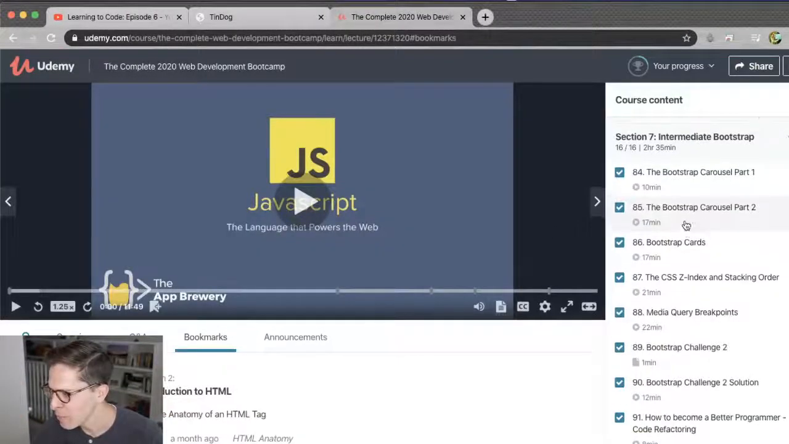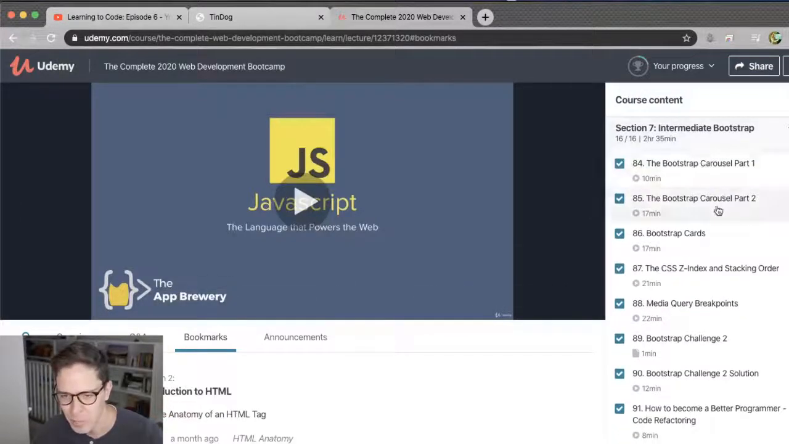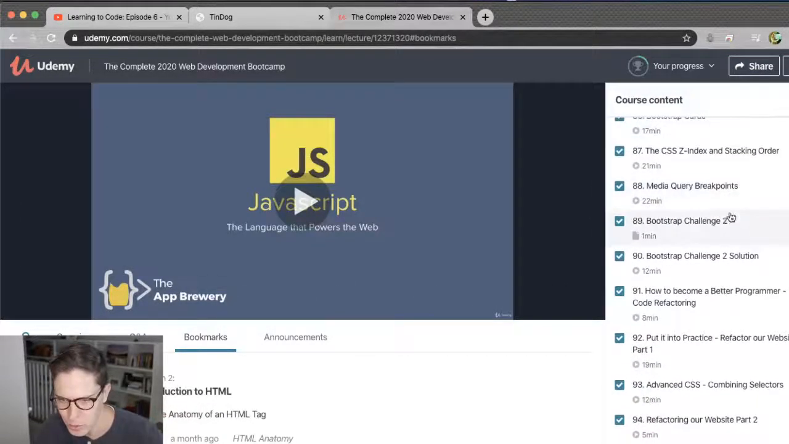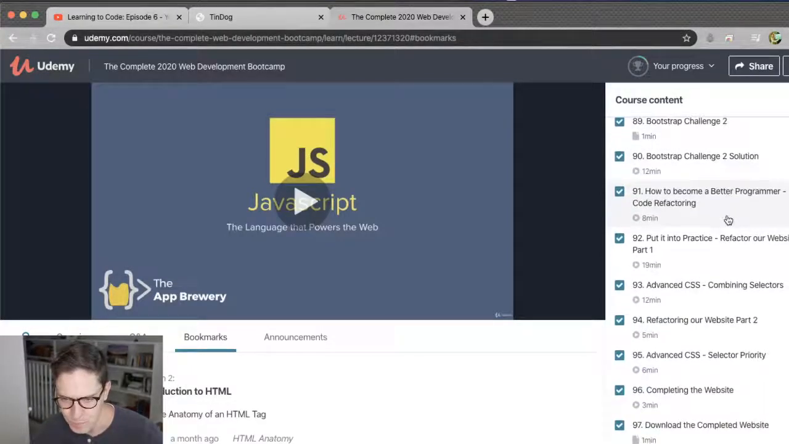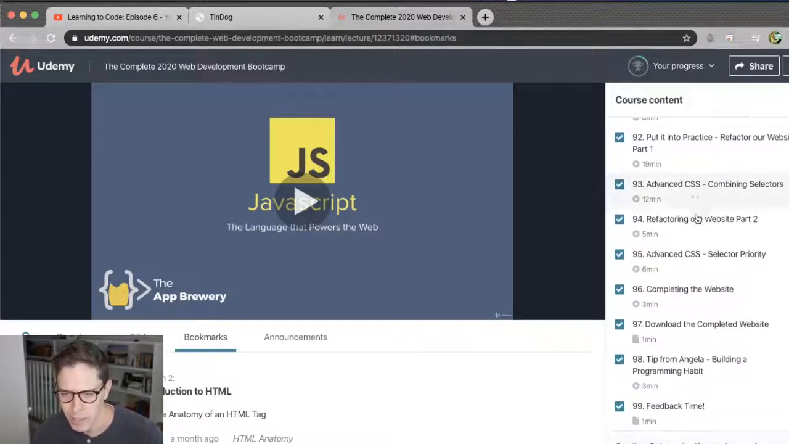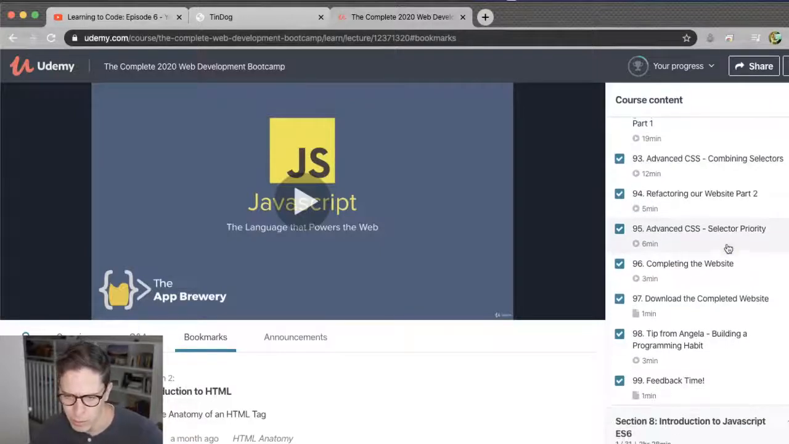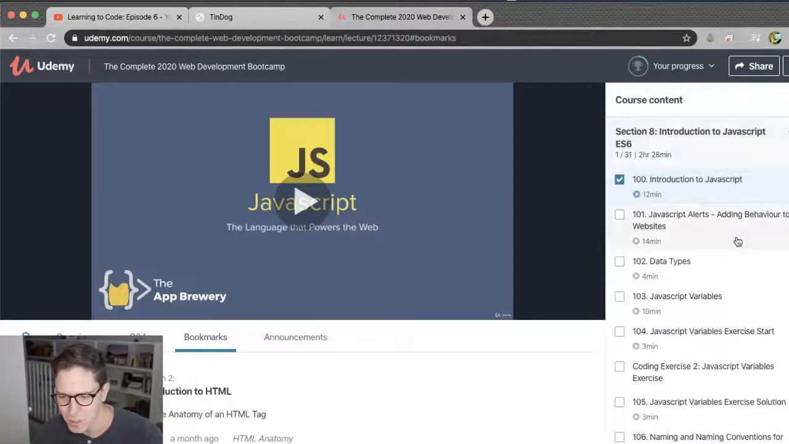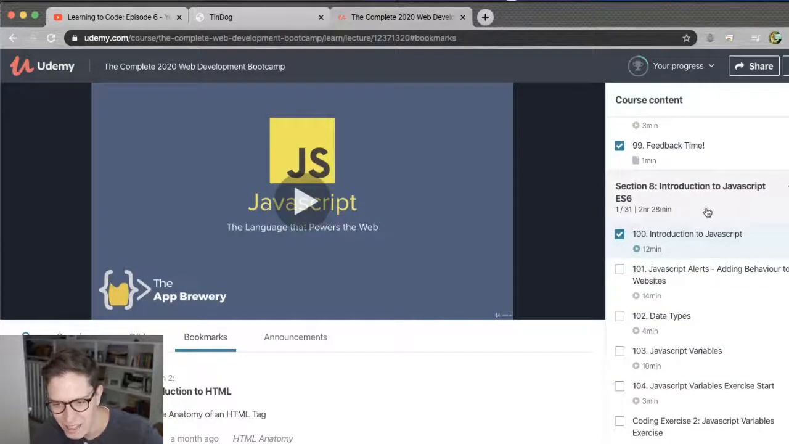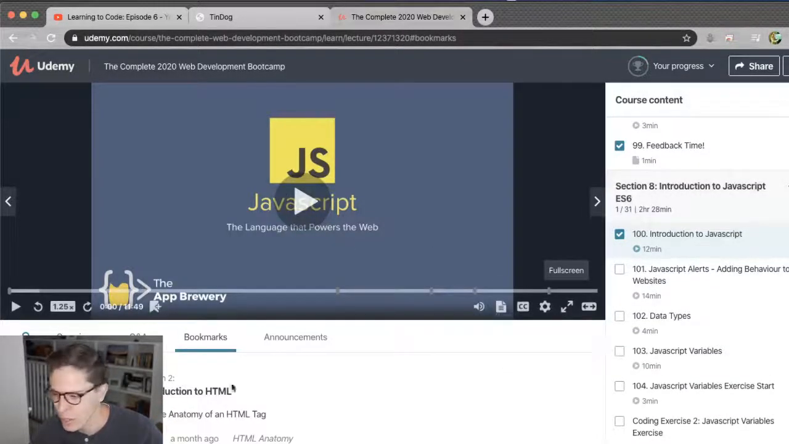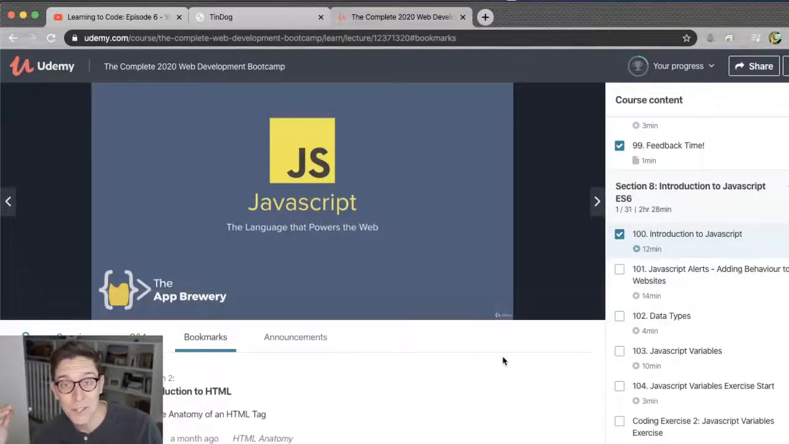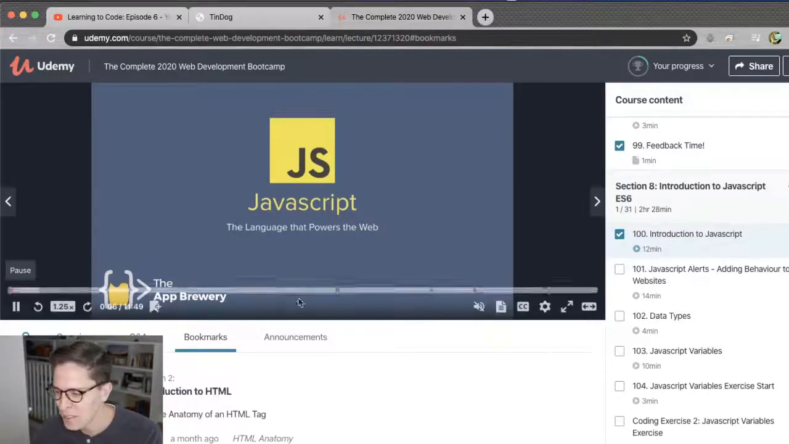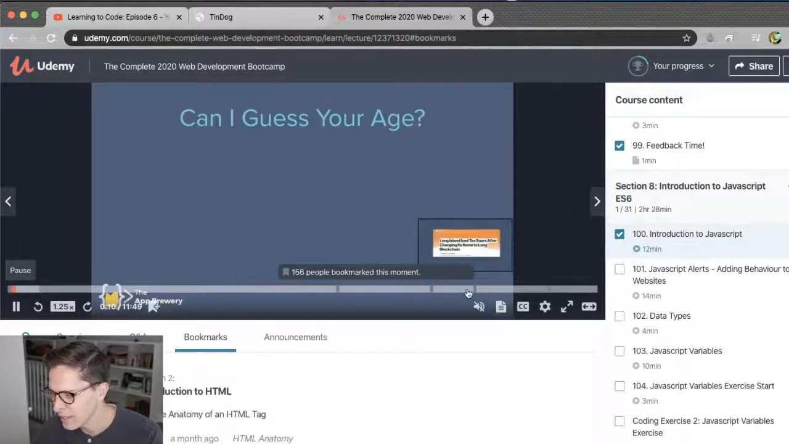So wrapping up Bootstrap, that was really good. Intermediate Bootstrap went through everything from the z-index to media query breakpoints to talking about code refactoring and then combining selectors, as I mentioned, as well as selector priority. So now I've just started a new milestone, my 100th lesson in the 8th section now, where I'm going to be learning about JavaScript. And JavaScript is going to be what makes my website actually do something. So I'm really excited to go through this and learn more about